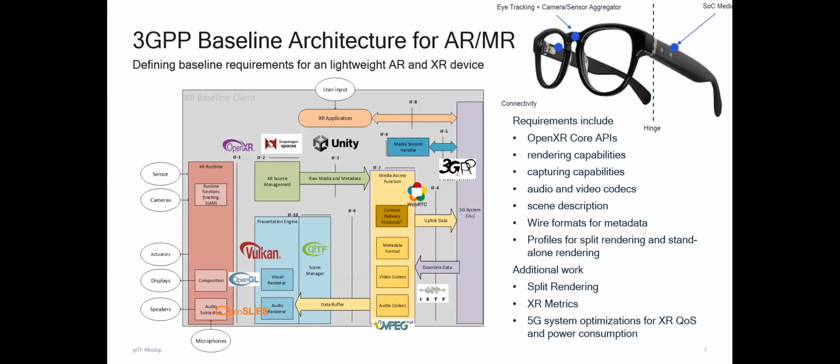So now that gets a bit busy. What we did in 3GPP, and 3GPP is just a placeholder for the mobile industry, is we have a reference architecture for a device that is an XR device. And that could be something like a glass like this. So very limited in terms of what you can do in terms of processing potentially, limited in power consumption, limited in battery consumption, processing, limited in weight, and so on and so on. So what you still want to have is to access this with scenes, richer scenes, lightweight, and there are also different types of devices.